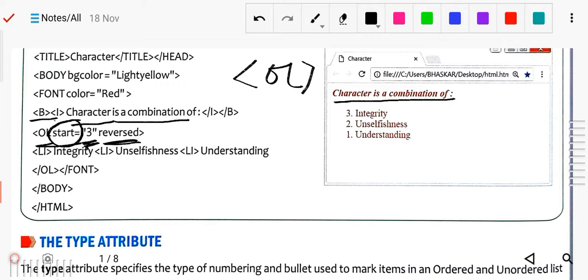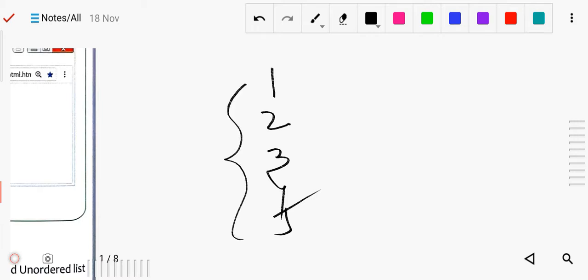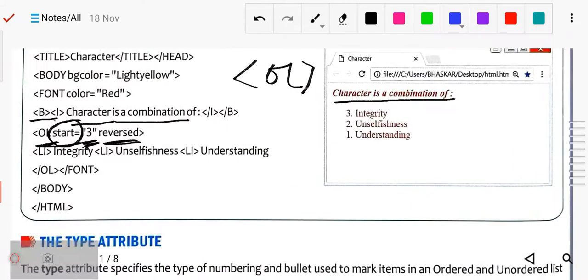We have given the order list, but we should start from 3. By default an ordered list starts from 1 2 3 4 5 6, but now we have defined that you have to start from 3, and you don't move forward, you move backward: after 3 comes 2, 1, meaning backwardly you have to go.